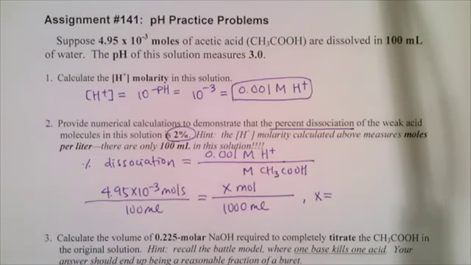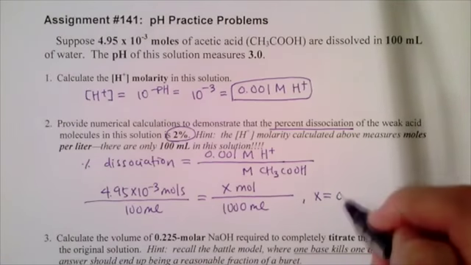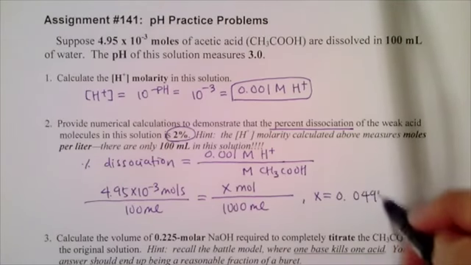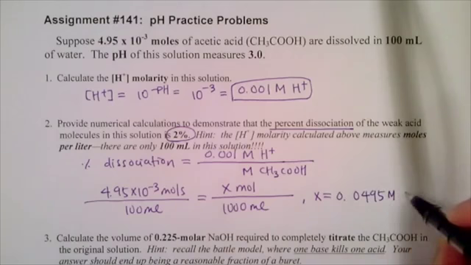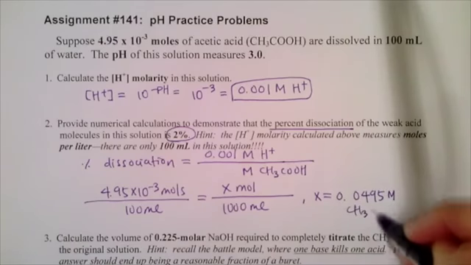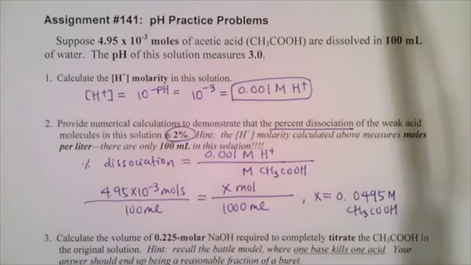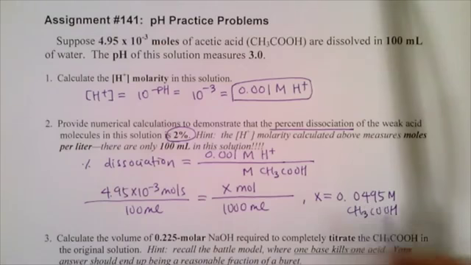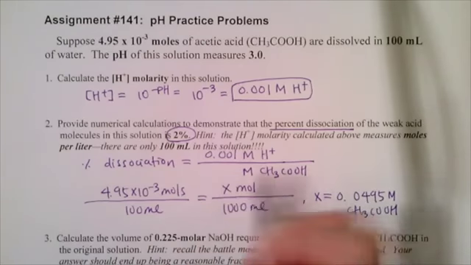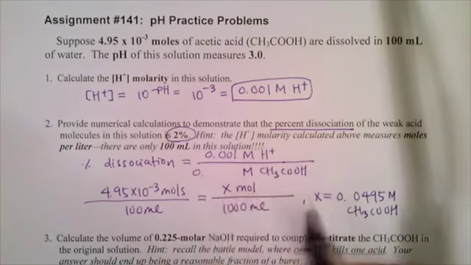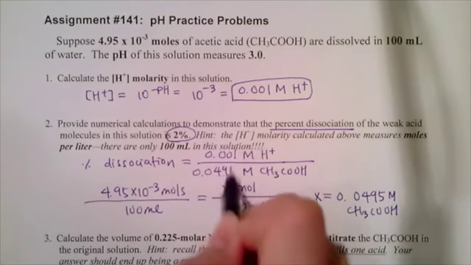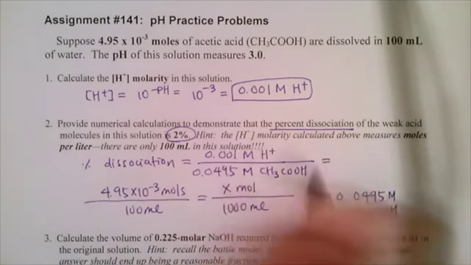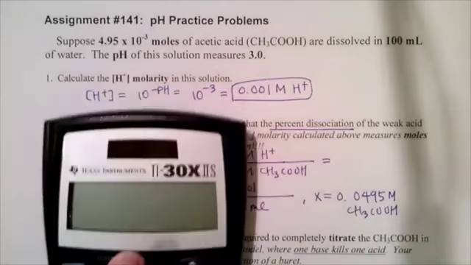So when you solve for x, you get 0.0495 molar of acetic acid solution. Now we have to plug in this value in the denominator because that represents the concentration of the weak acid that we have, 0.0495. And when you take the ratio between these two numbers,